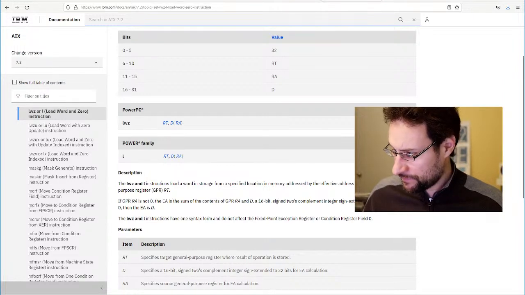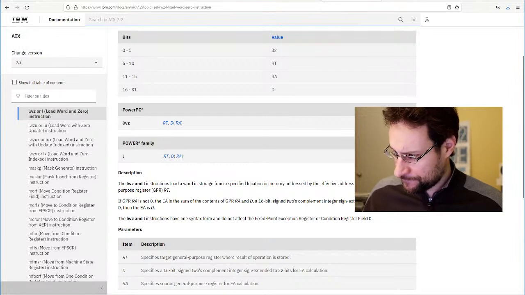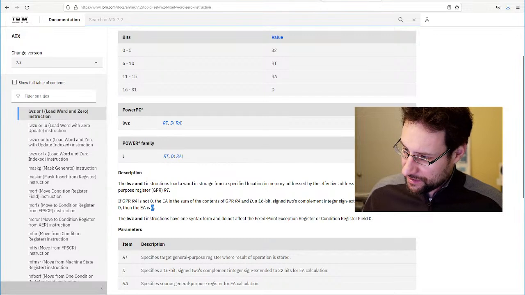No, but actually, this is a little bit funny, I mean, obviously, this is really from language lawyers. So it's always RA plus D signed. Or is it then positive? And it's a little bit unclear. First, it reads so language lawyerish. Now I'm a little bit wondering